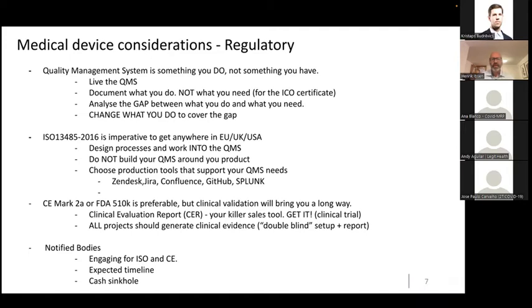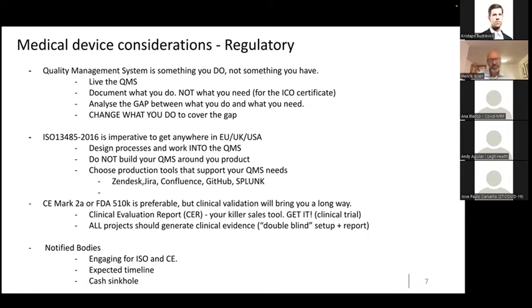So make a note that every product and every project you do should, per definition, generate clinical evidence, which means basically that when you do something, try to set it up as a double blind and get someone to write a report afterwards, because that's evidence, and evidence builds up towards the notified body's audit around the CE mark, and you will need it in order to pass the audit for the medical